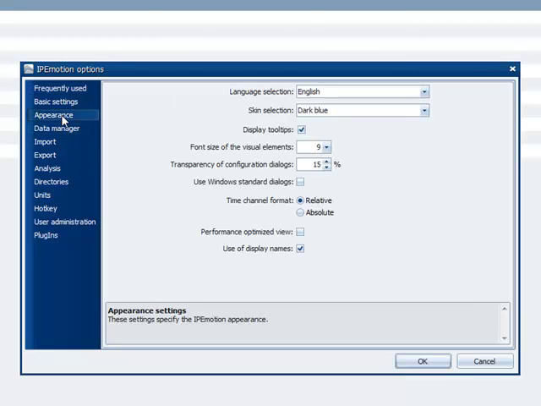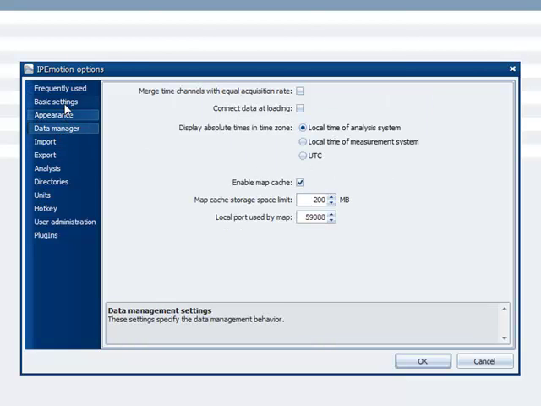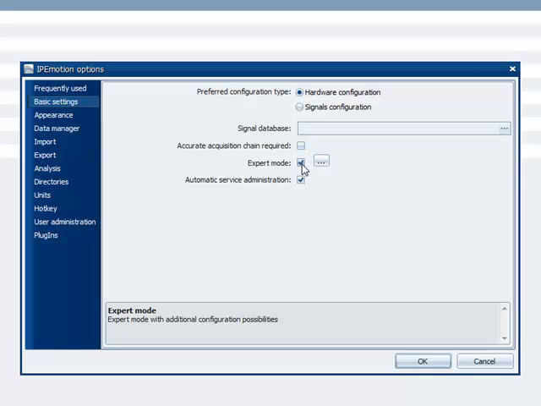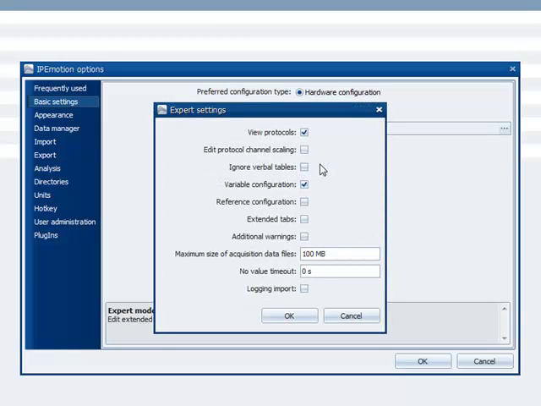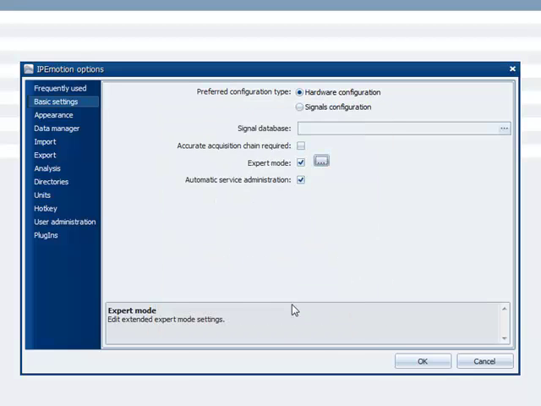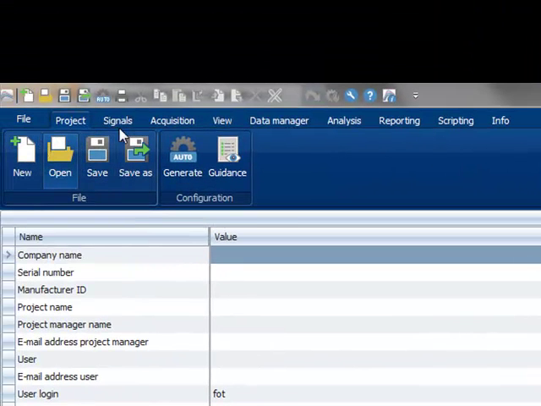And what I also recommend is to activate the expert mode, because then all the functions are available. We disabled some tab sheets and functions, but it's more comfortable for me to work with the expert mode because then everything is available. Basically, when you fire up IPEmotion, we have here the ribbon covering the project information,